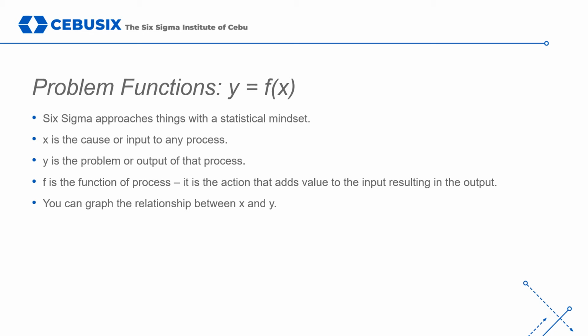Some examples of a Y equals f(X) relationship include the low customer satisfaction with hamburger taste as a function of an uncalibrated grill, or low employee morale as a function of a poor time off approval system. Customer wait times are also a function of technology distractions for employees. In each of these examples, we can quantify the relationship with a correlation and